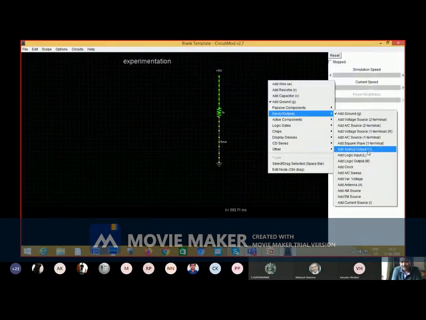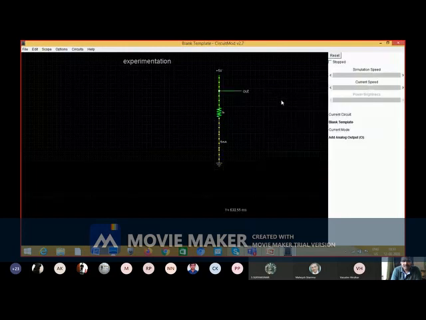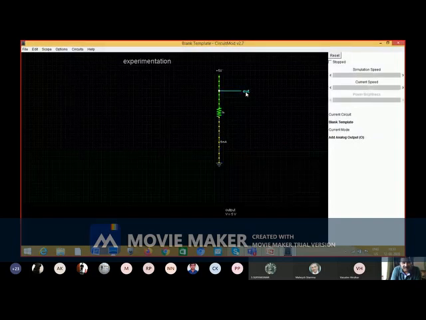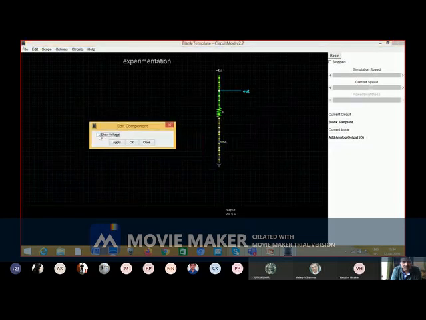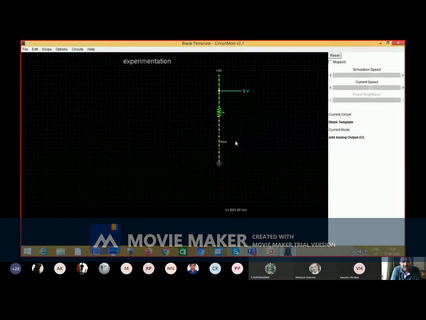So I'm selecting this analog output. You can see here I have selected out. Right now you're just getting out, but right click on that, go to edit and type, select show voltage and OK. You can see here voltage is also visible and current is also visible, correct?